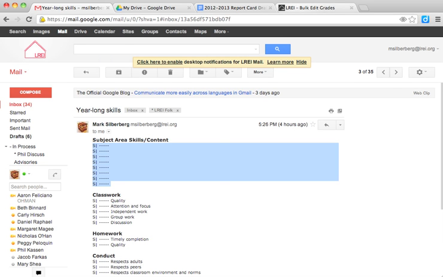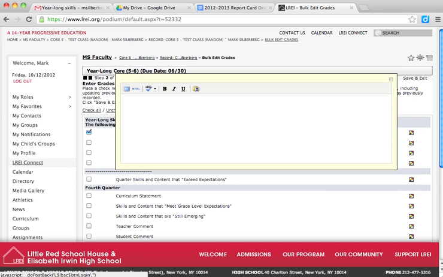So I'm going to cut those. And one of the things I think that's really helpful, anytime you paste something, click this clipboard, because that will strip out any formatting if it was in a Word document, so that you can then work with it here. So I'm going to click that, make sure that it's selected, and now I can paste, and those items are here. And then presumably you'll have listed the particular year-long skills for your discipline, which you'll need to add in